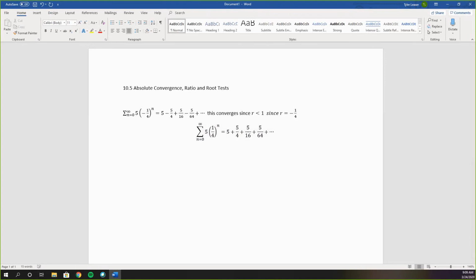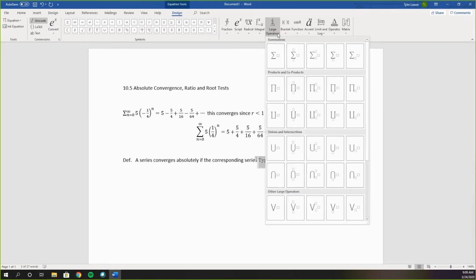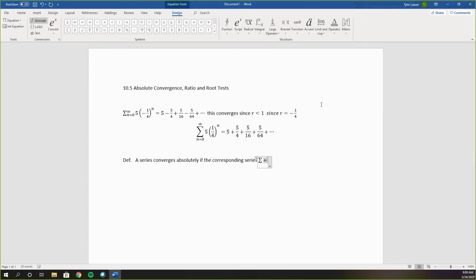This brings up an important definition. This is something called absolute convergence. So a quick little definition here. A series converges absolutely if the corresponding series of the absolute value of our a sub n